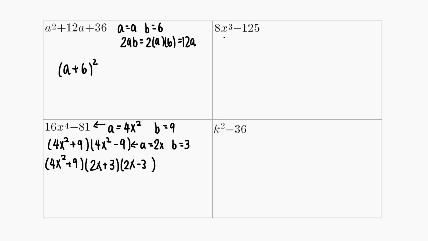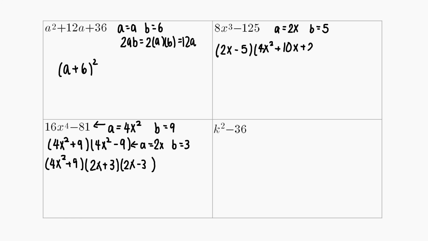Here we have 8x cubed minus 125. 8x cubed is 2x to the 3rd power, and 125 is 5 to the 3rd power. We have the difference of cubes here. So a is 2x, and b is equal to 5. So this gives us 2x minus 5 times 4x squared plus 10x